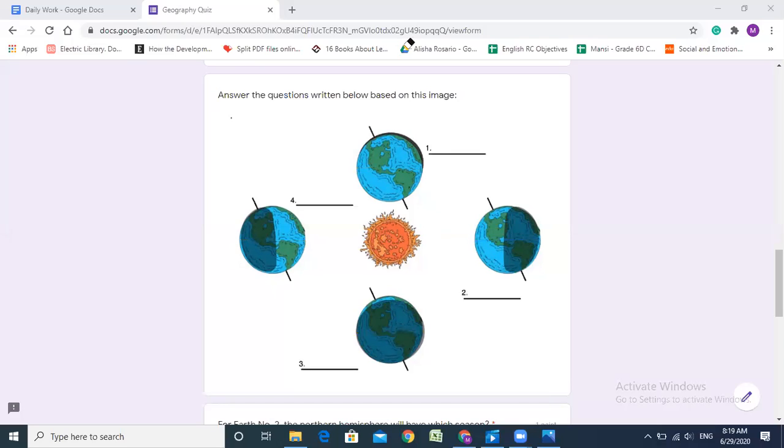I've drawn it straight but it's not straight. So it actually should be like this, because my Earth is tilted. So the earlier line that I had drawn was not correct. So this is the correct one, because my Earth is tilted.